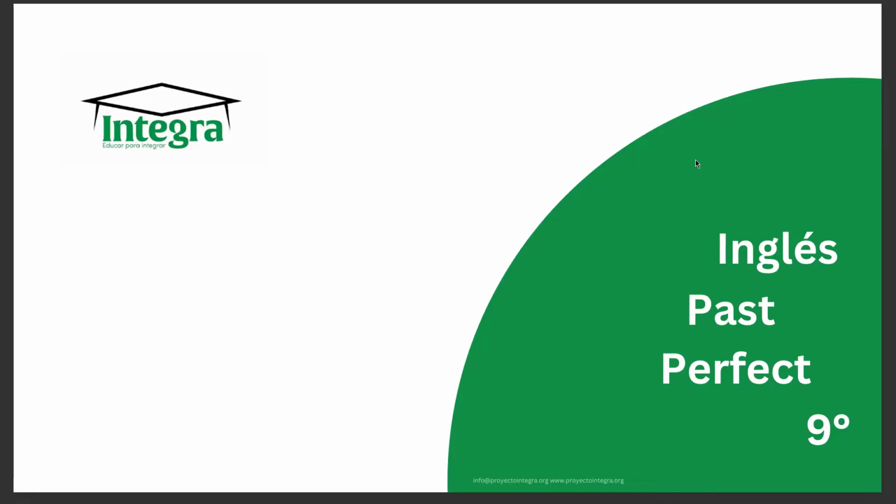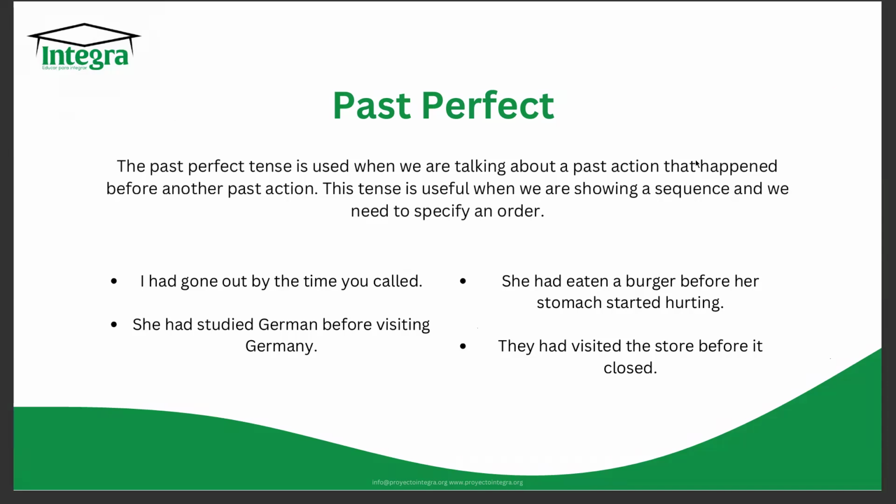Hoy vamos a ver lo que es el tema de Past Perfect para estos videos de clases de inglés de noveno año. Entonces, empecemos. The past perfect tense is used when we're talking about a past action that happened before